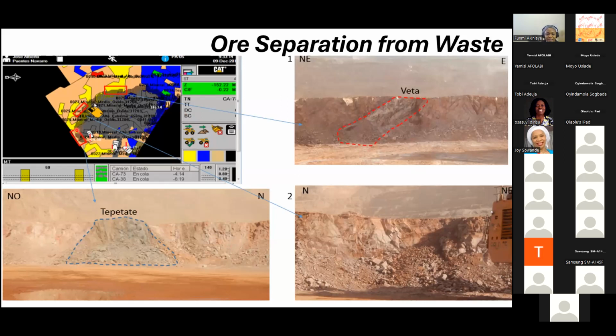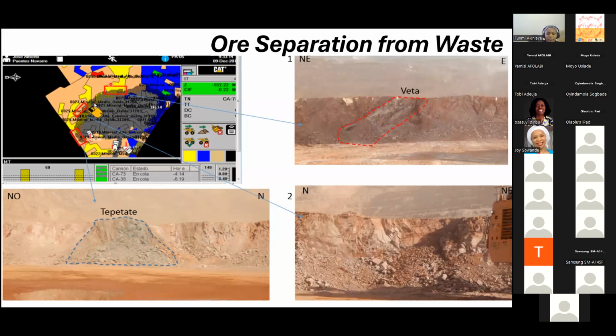Sorry about that. So for example, one other thing my team and I help to do as geologists is when the miners notice that there is something that is not coherent. For example, they know what we expect when we see the ore, and it doesn't look like it. They call the geologist to confirm. So for example, this point, according to the model or according to what they are supposed to carry, looks like ore. But when you go on the field, it's actually waste. And so this one, I just told them, oh no, it's waste. You have to change it. So these are the kind of things we do every day.